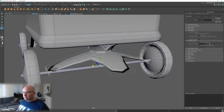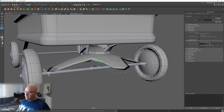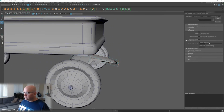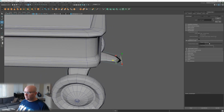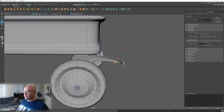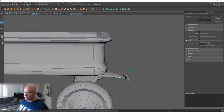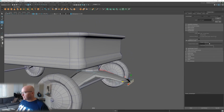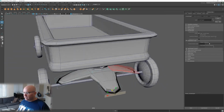And so there we go. That's a little bit better. This one just needs to protrude. It kind of does come down a bit, but it also needs to protrude just enough to give you a spot to put the handle, and so that the handle's not too close to the bed, because otherwise the handle wouldn't work right. Wouldn't be able to steer very well. Okay, so